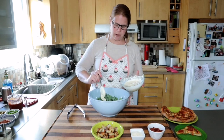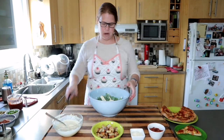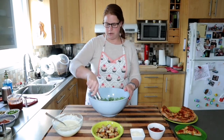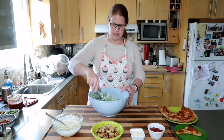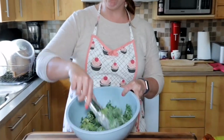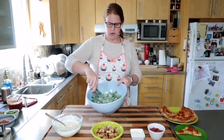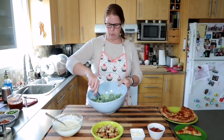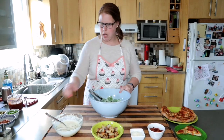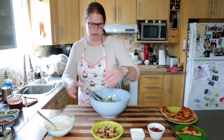You want to make sure that when you're dressing it, you use enough so that your leaves are well coated, but not so much that your salad ends up soggy. Just because I made this much dressing doesn't necessarily mean that I need to use all of it up. Kale has a tendency to use more dressing than romaine, so I will warn you about that. You could also serve your Caesar salad with fresh wedges of lemon, just to give it a little bit more zing. But these are my kids that I'm making this salad for, so I'm just going to keep it